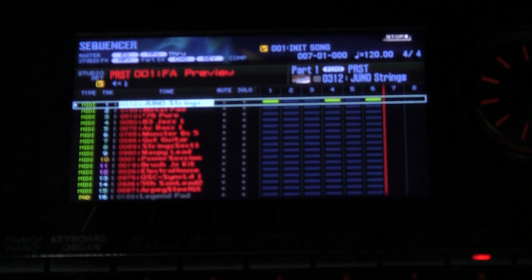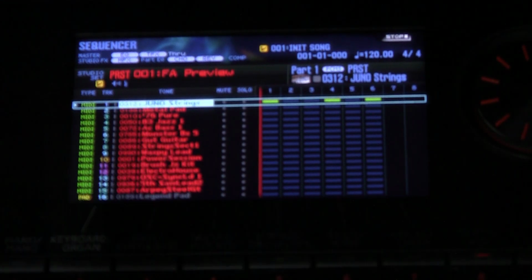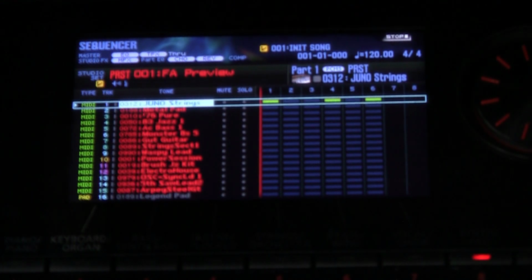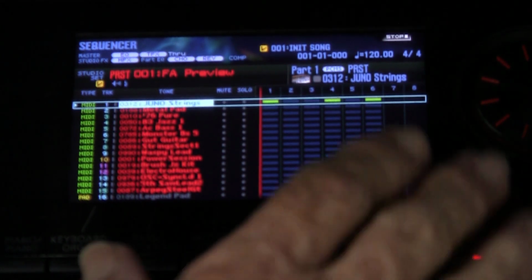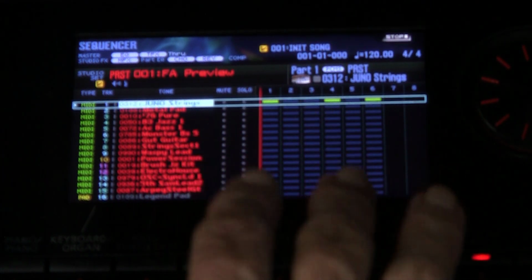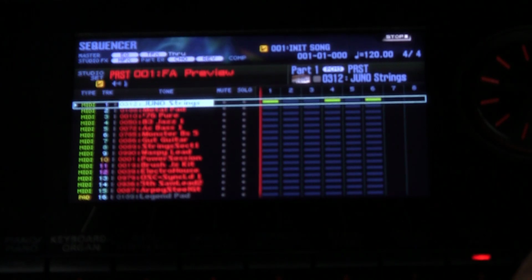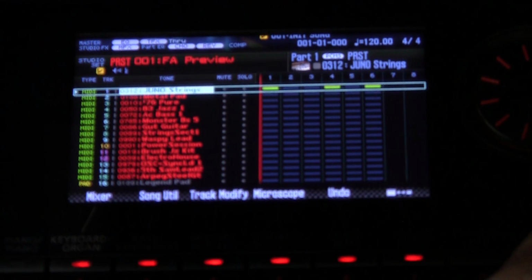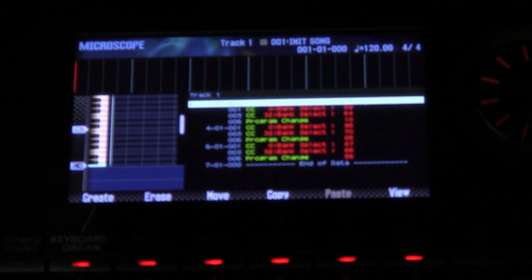we can see that the tone changes when it reaches a certain point in the sequencer. To do this, all we would have to do is to start an initialized sequence. But since we already have that, why not add another tone? So we press Shift Microscope, and we come down here and we notice that we have bank select